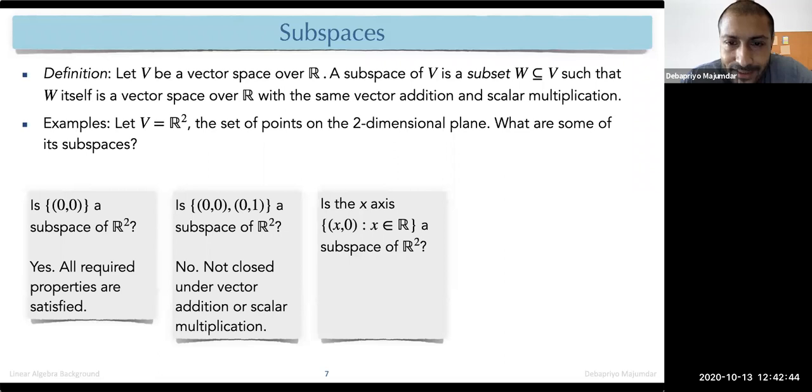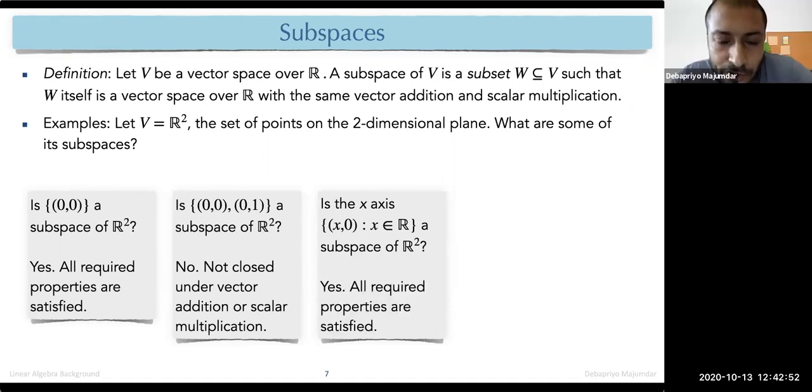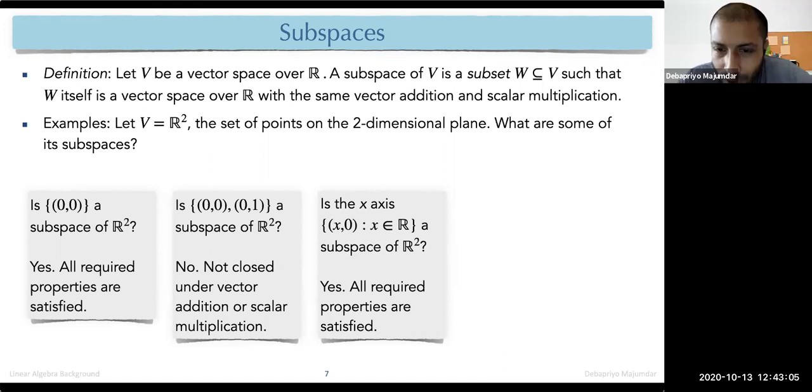Okay. What about the axis? Just the x-axis. So that means x comma 0. Yes, sir. This is a subspace, and this is actually going to be very interesting because we'll see that this can be a projection, right? So a line on a two-dimensional plane can be used as a projection onto a one-dimensional subspace. So we will actually generalize these kinds of things.